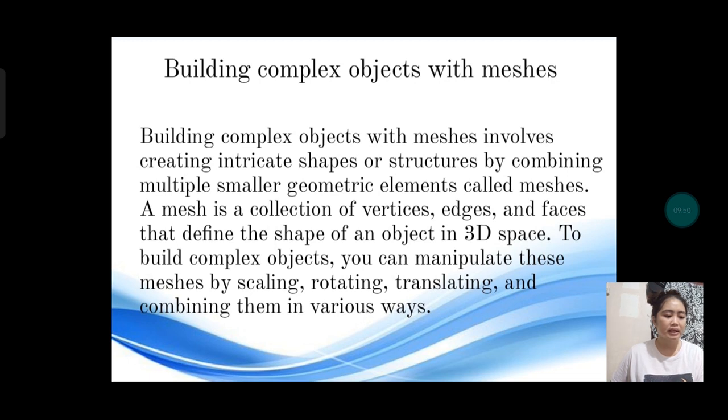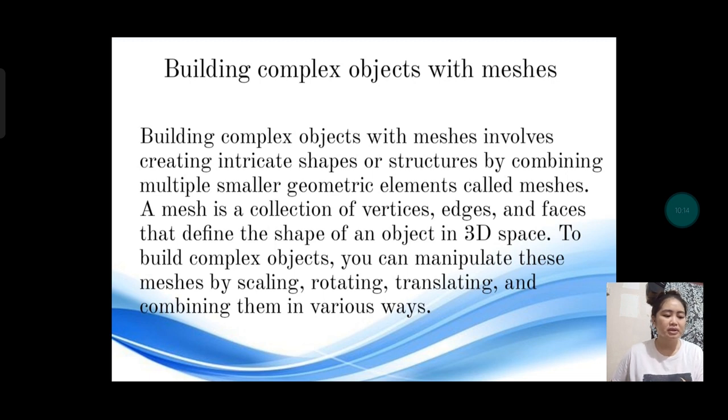Then the terrain and landscape. Mesh modeling is also employed to create realistic terrain and landscapes in video games, simulations, and virtual environments. By manipulating meshes, developers can sculpt mountains, valleys, rivers, and other natural features.